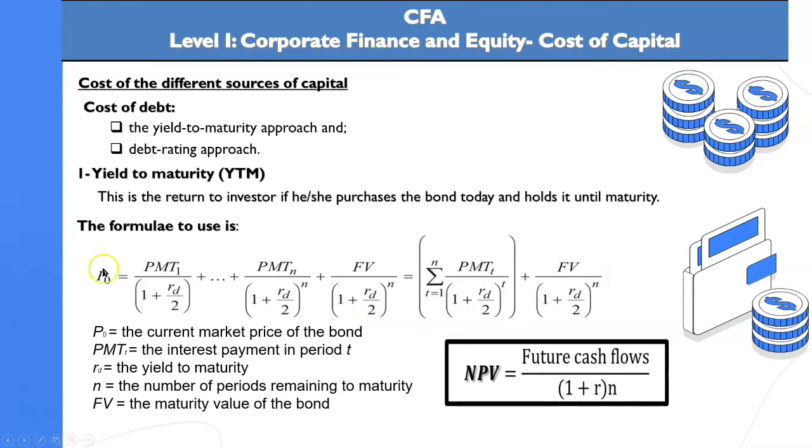Let us see what that means. The price today, the price of the bond today. How much do you pay to buy this bond? You can find it in this way, which is the present value of all future cash flows. This is the payment: payment in year 1, payment in year 2, payment in year 3, until payment in year N. Let us say the bond has a 10-year maturity. After 10 years, you will get the 1,000 value. So N will be 10.